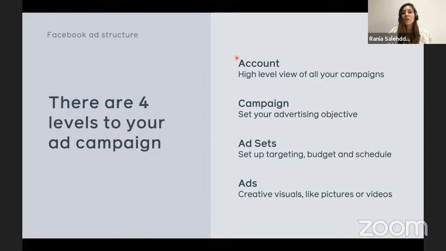So when you access your results, you can access them at the level of your accounts. This is a high level view of all the campaigns that are running on your accounts, and you can really have this overview at one glance of all the results that you are getting from your ads. Then we have the campaign level, and this is where you set up your advertising objective, and you can have all the metrics